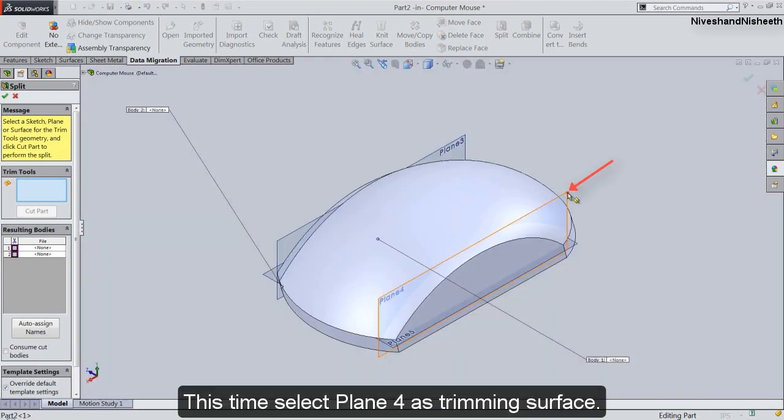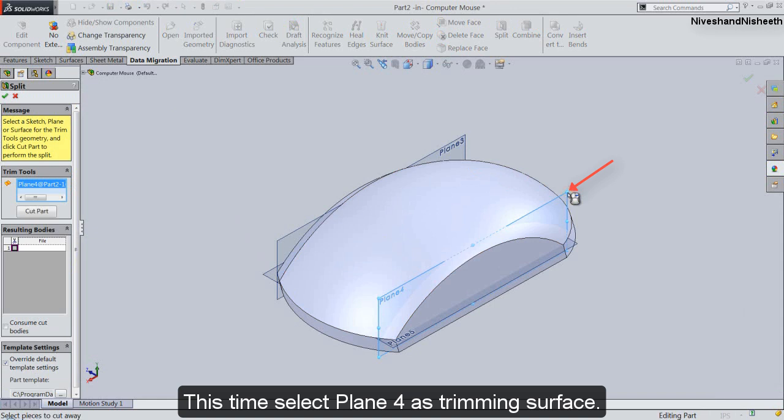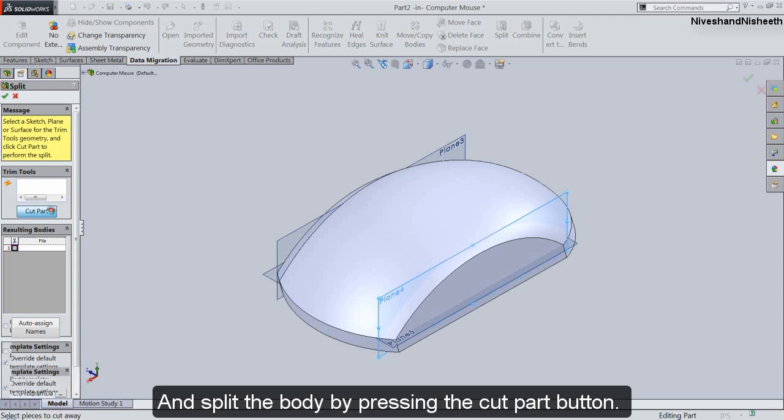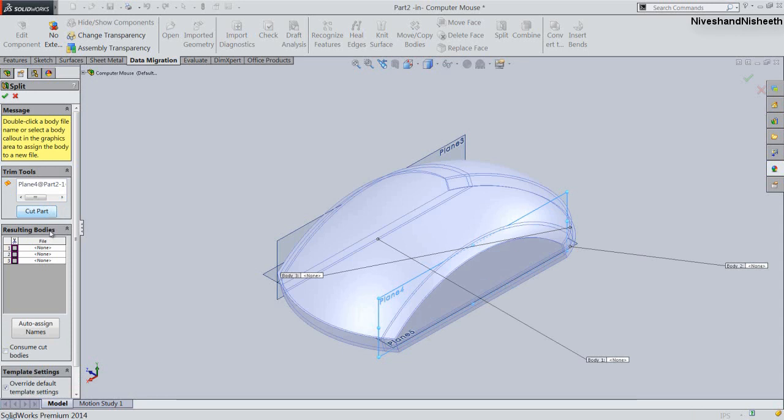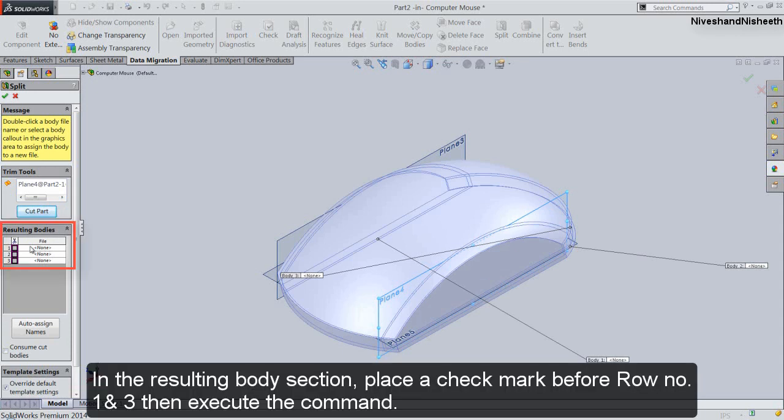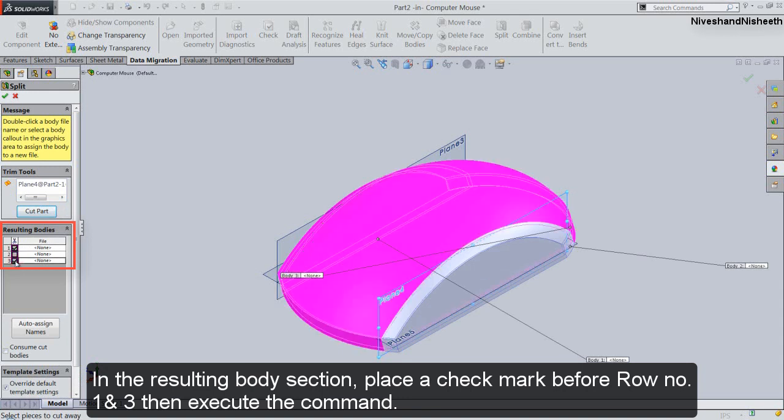This time select plane 4 as trimming surface and split the body by pressing the cut part button. In the resulting body section, place a check mark before row number 1 and 3, then execute the command.